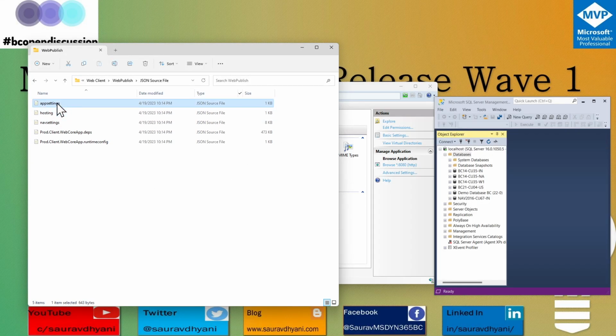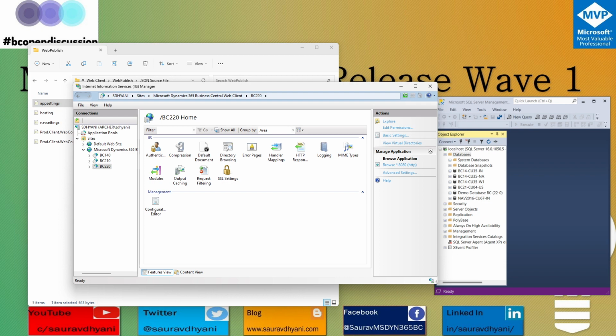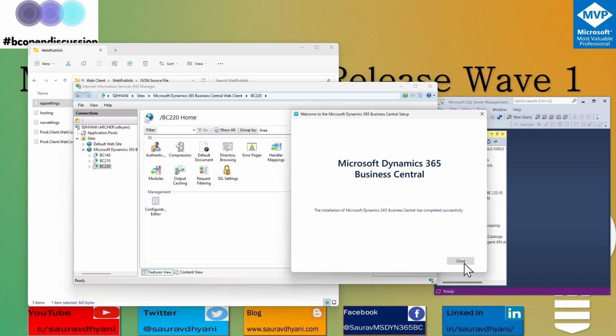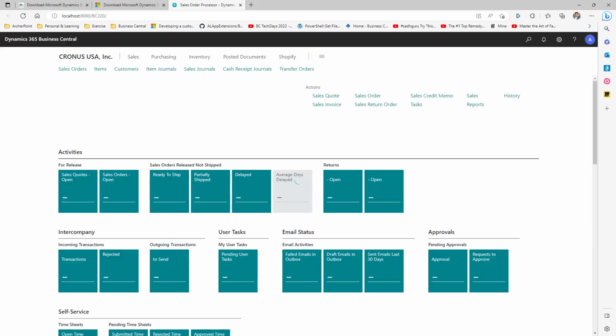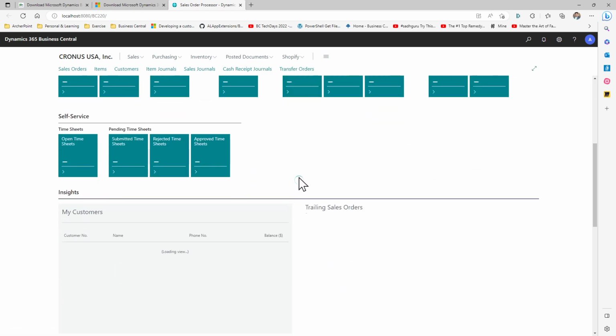Okay, and that's it. So let's come here, and I think I have closed the installation. If not, let's close this and try to access this website. Let's hit browse, and if everything goes well, I should be able to see a Business Central 2022 client running, and if not, then we'll know what happened. We'll try to figure that out as we go forward. So let's wait for it and see what happens. Okay, it's here and it's still loading. If you can see this hover icon here, it's still loading,